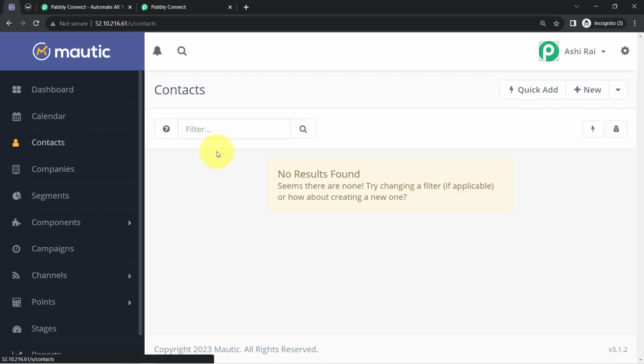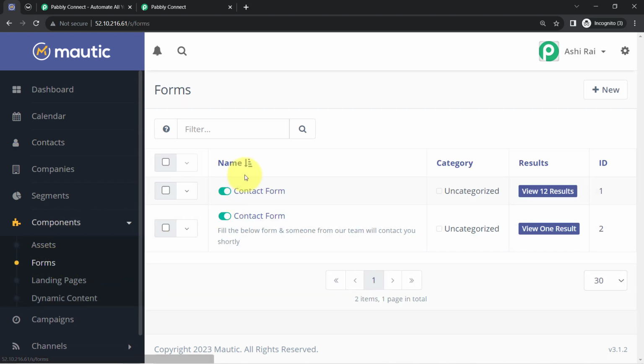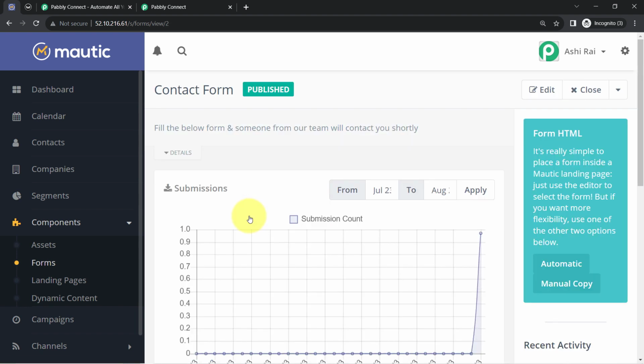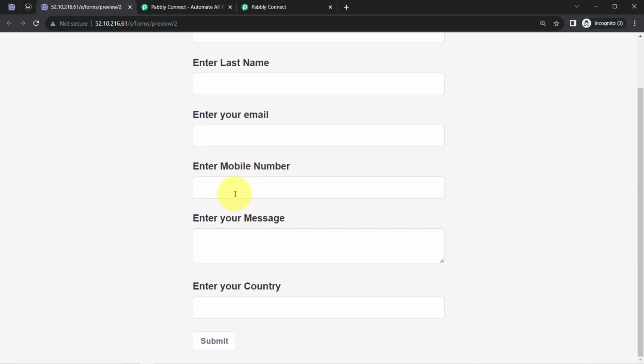Okay, so this is my contact section, and under the components option you will find the form option. These two forms are available, and now I'll open this particular contact form. I will firstly show you the preview of this form. This is just a basic contact form which is asking for the first name, last name, email, mobile number, message